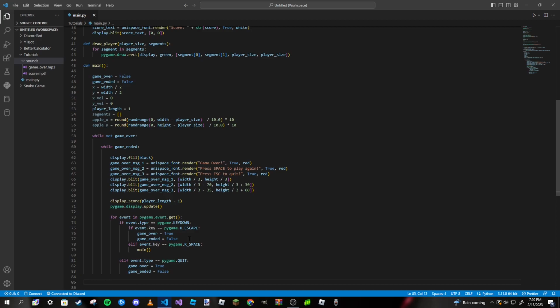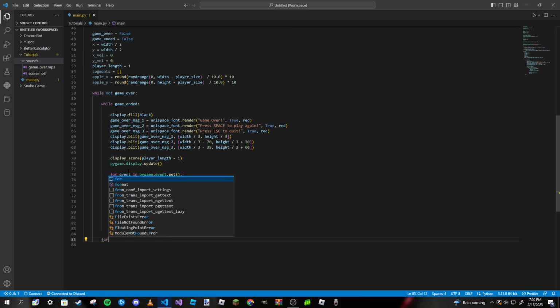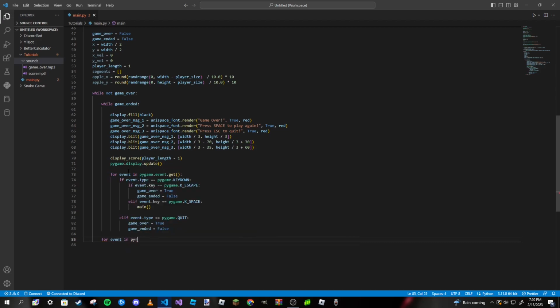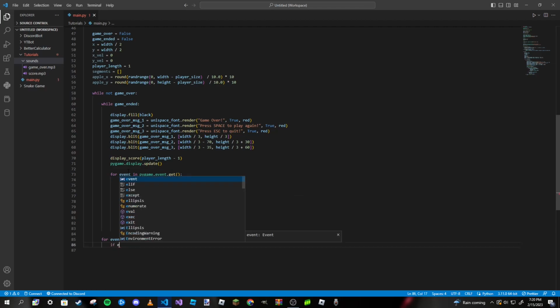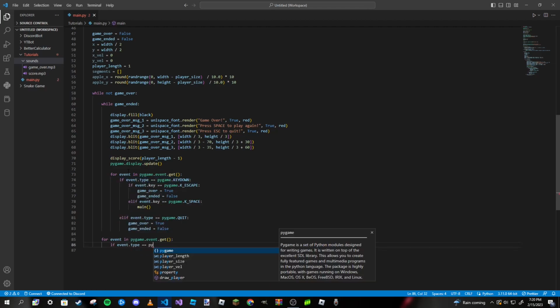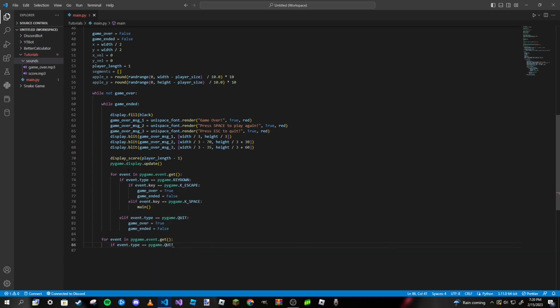Now we need to go ahead and start our outer for loop. So for event in pygame.event.get, if event.type is equal to pygame.QUIT once again, then game_over is equal to true. Need to go into the next page here of my code. And then actually wait a minute, we didn't need game_ended is equal to false, but instead we need elif